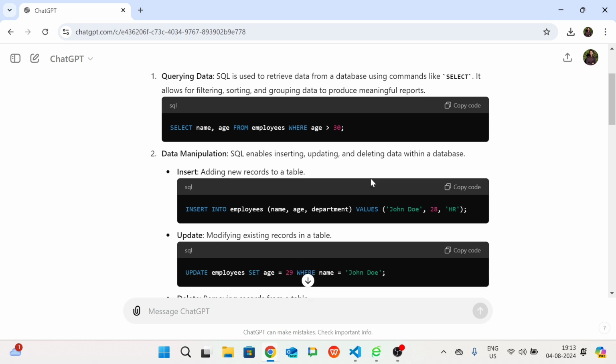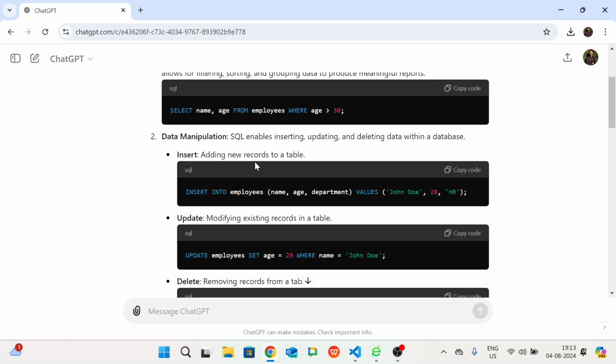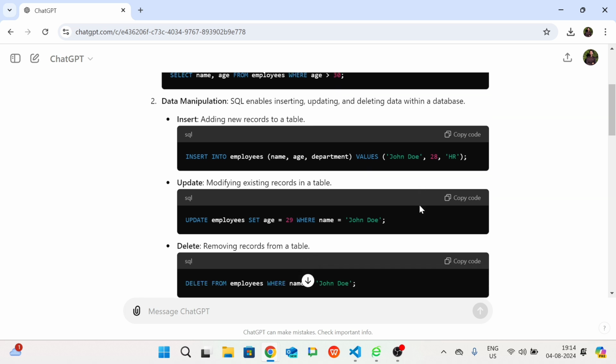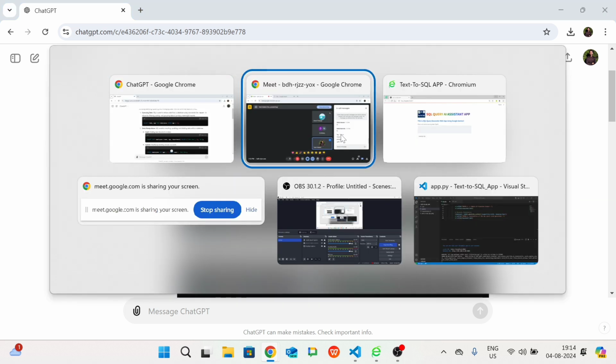Very simple. Suppose I want to insert some data into the table. Okay. I want to insert data into a table. So you can see inserting, adding a new record to a table. What can I do? I can do that. Insert into employees. Employees is your table. And what you want to insert, you need to mention there particularly. And then the values, that is the particular name you want to insert there. So in this way, it is a very simple thing related to SQL. It's not a very big deal and not very hard. You just need to go through it.